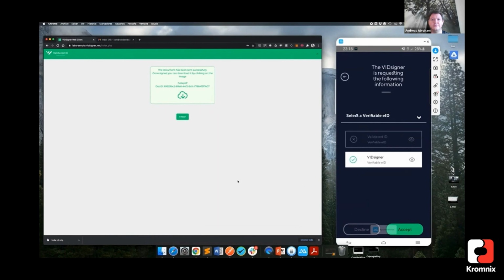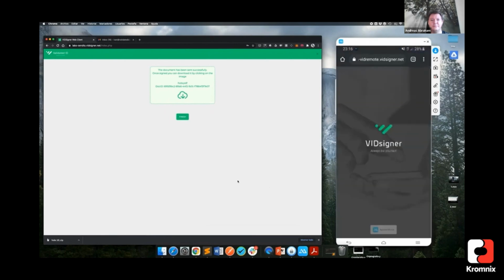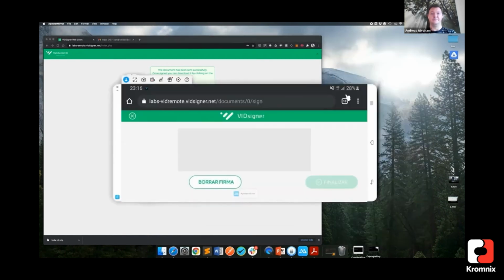And in this case it is a verifiable ID. Again, I have two verifiable IDs. I select one of them. And by accepting, I prove my identity, and then I'm redirected back into VSigner to finish the signature process. Basically, I need now to make my wet signature in order to prove the